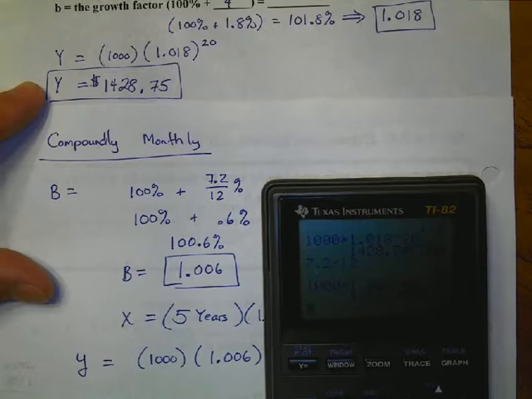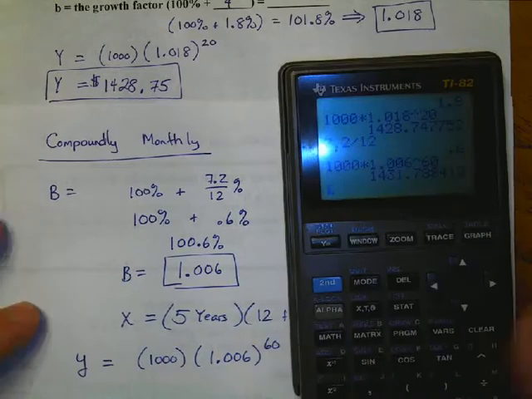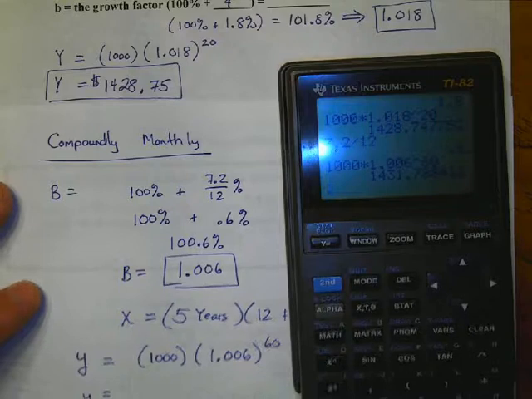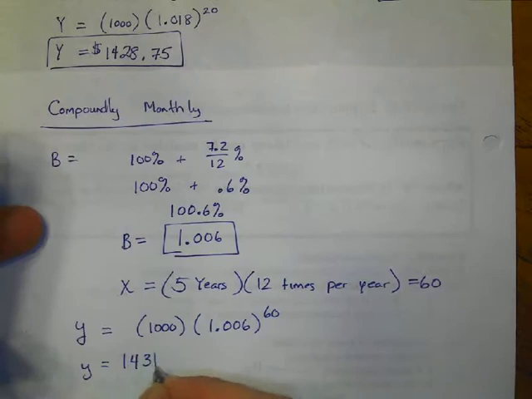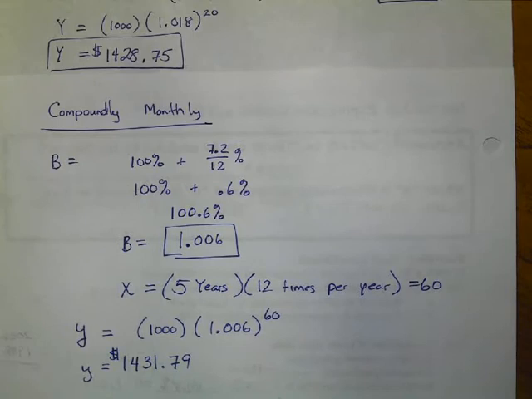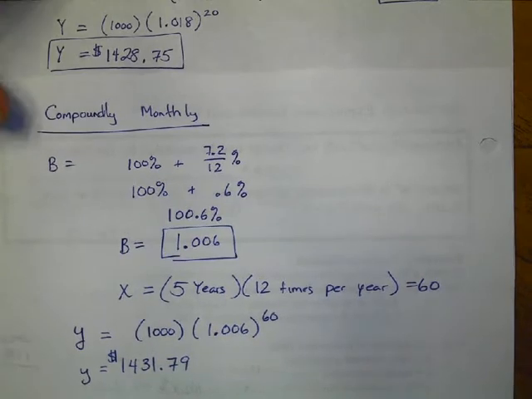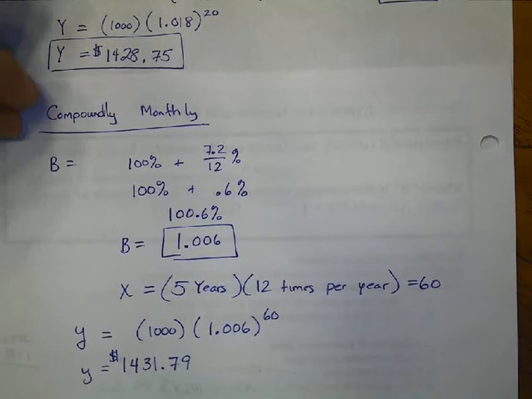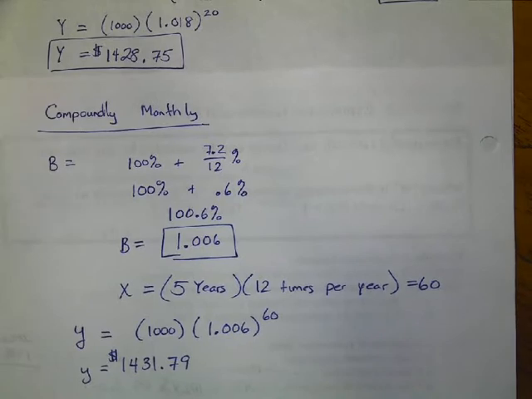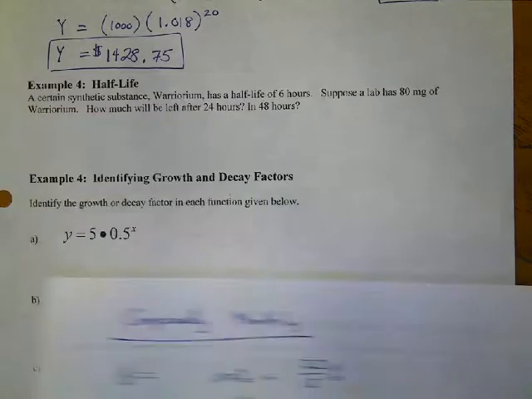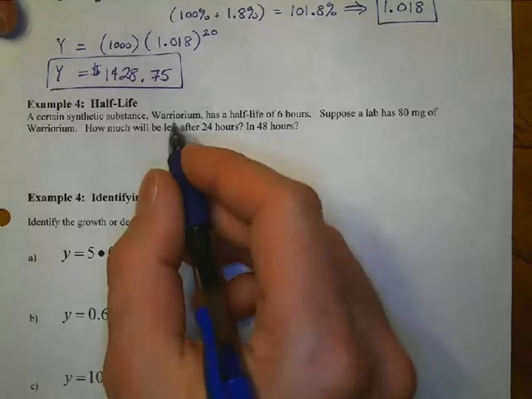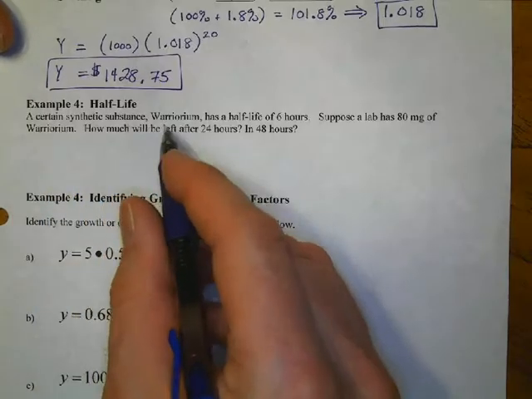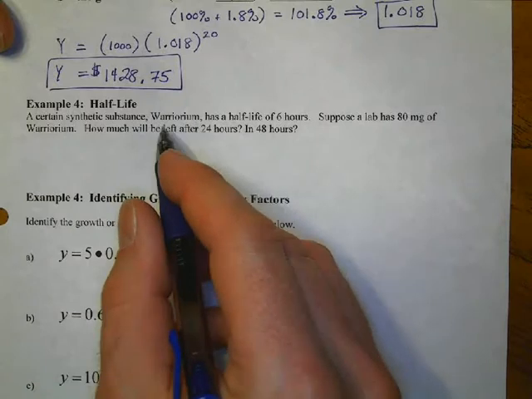If you were trying to estimate this, would you say it's more or less than compounding quarterly? Well, let's take a look. 1,000 times 1.006 raised to the 60 is $1,431.79. So in this case, it actually is more than the amount we had compounded quarterly. It's just showing that as you compound more and more over the course of a year, you'll get more and more interest compounding on itself. So that's an example of compounding monthly, compounding quarterly, or on the previous page,